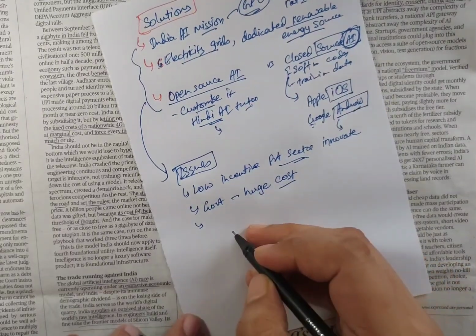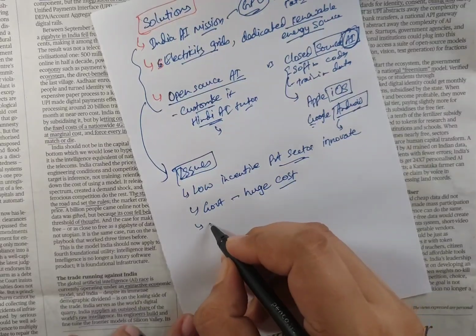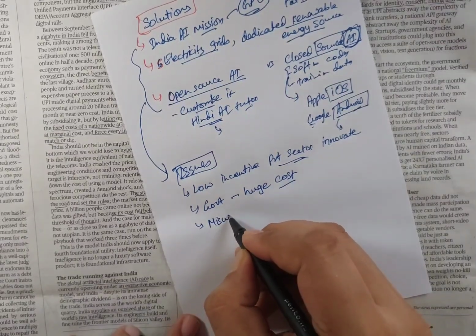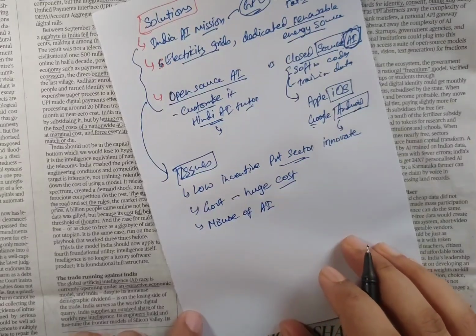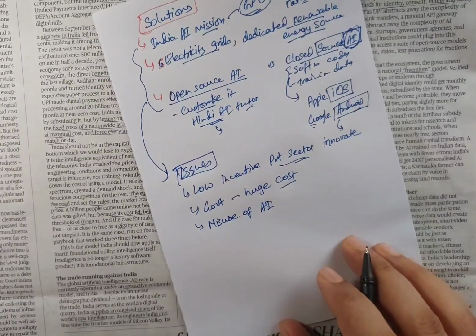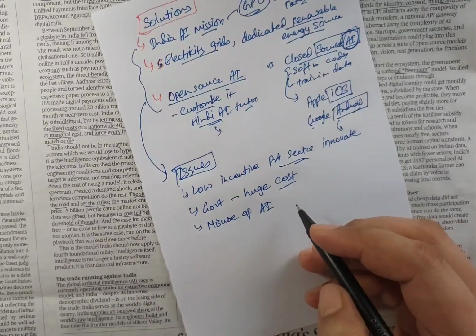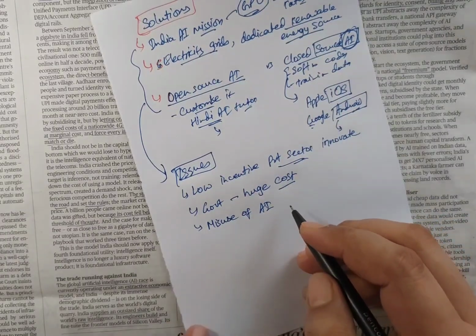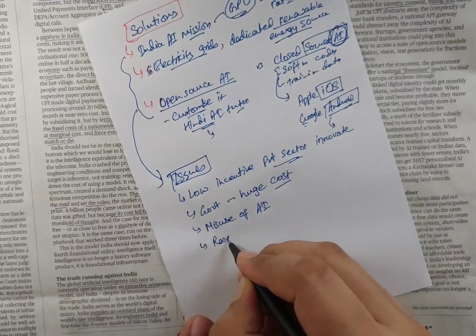Putting AI for public use as an open source code may lead to misuse of AI, because ultimately it will depend on the intention of the user, the intention of the software developer, how that person is going to use that trained AI model. Then there are actual challenges in terms of research,